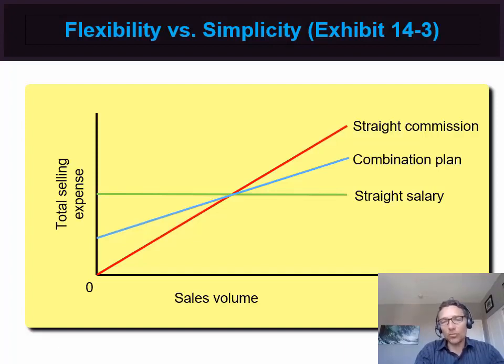However, if you have some really strong performing salespeople and they're killing it and selling a lot of product, then a straight commission is going to cost you the most, right, as their volumes go up. The green one is straight salary. They get paid the same regardless if they sell 0 or if they sell 100,000. So that's obviously the most expensive. If they're selling nothing, you still have to pay them a salary, right? Hence, most companies use a combination plan.